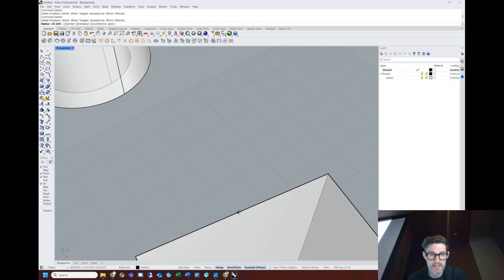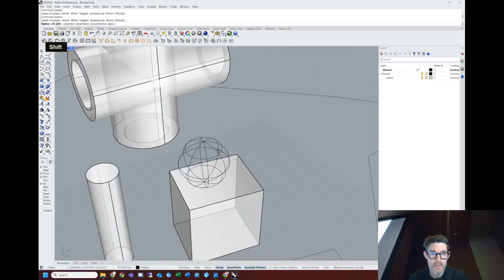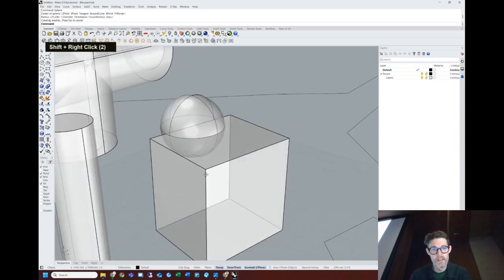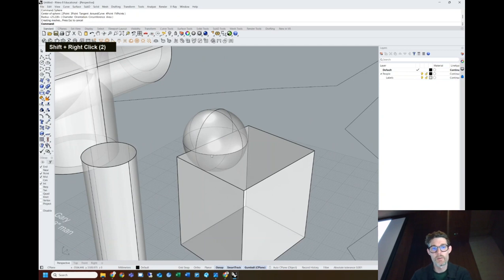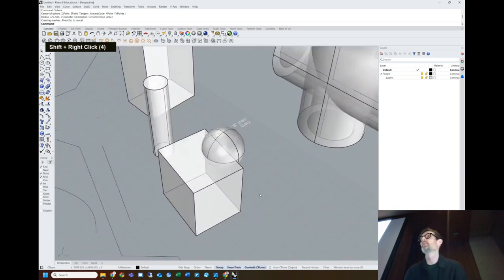So here we go. I'm going to select that mid, and then I can drag my mouse out. I'm going to hold down Shift, so my sphere is aligned with the north-south, east-west of the file. And there we go. I've got now a sphere intersecting with this box. And you might think, well, what's the point of that? Well,